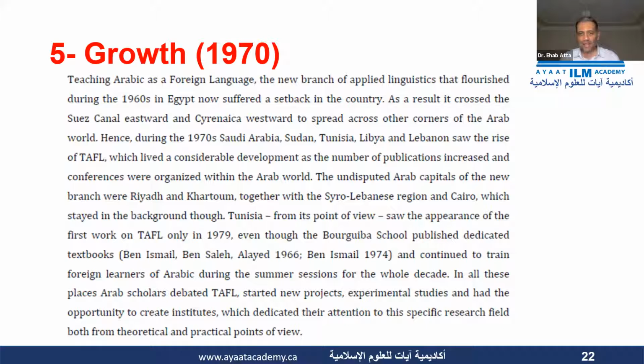The undisputed Arab capitals of the new branch were Riyadh and Khartoum in Sudan, together with the Syria-Lebanese region and Cairo, which stayed in the background though. Tunisia, from its point of view, saw the appearance of the first work in teaching Arabic as a foreign language only in 1979, even though the Bourguiba school published the dedicated textbooks